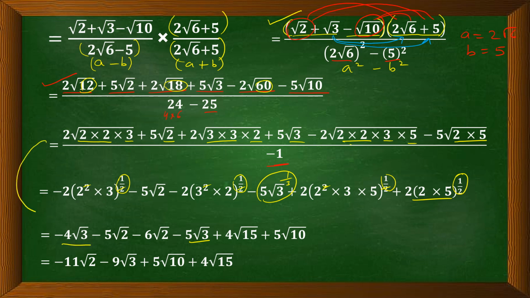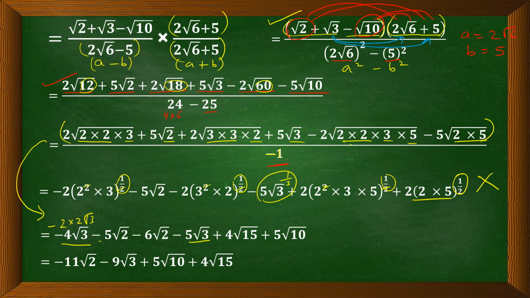Or another way of calculating it, you can simply say you have minus. Now over here minus 1 is there, so it will change all the signs, right? Whatever signs are in the numerator, it will change all the signs. So all the plus will become minus, minus will become plus. So that's how this minus came. Now 2 and one of the factors outside, so 2 root 3. So that way also we can do. Instead of going through this step, you may not understand this step, so you can directly write like this.